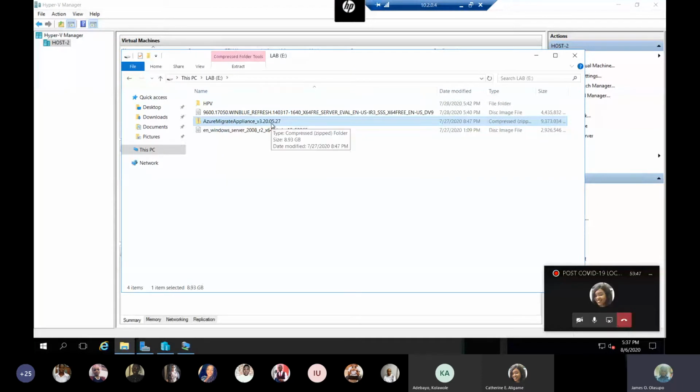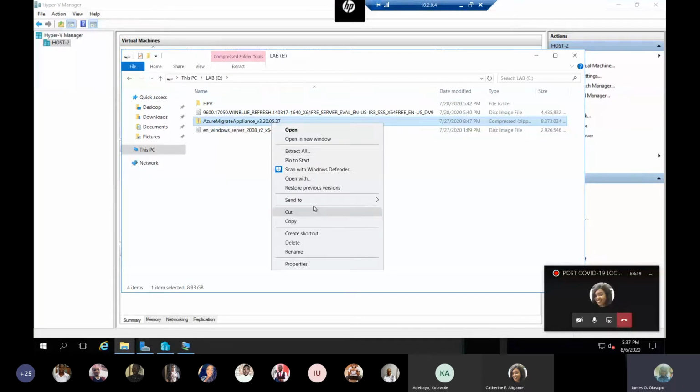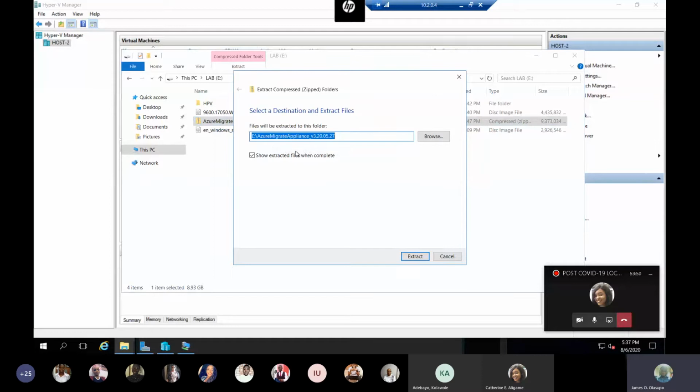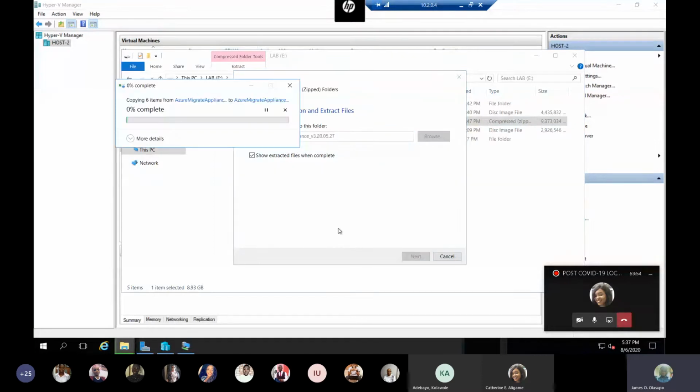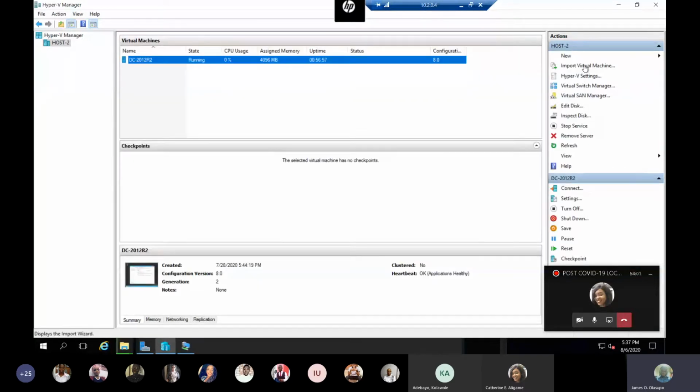I need to extract this, right? This is the way I've downloaded it. I need to extract it. And after I have extracted it, I need to now come here to say I want to import my virtual machines. But before I do that, I need to put some things in order in my Hyper-V,